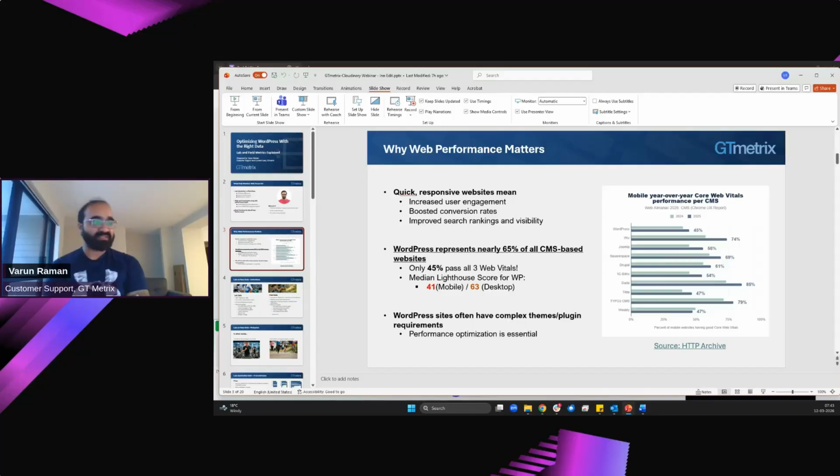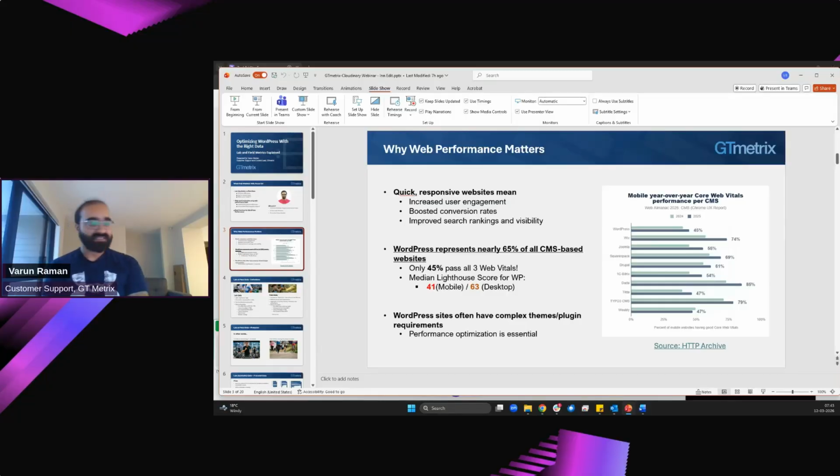Wix is like 74%. Everybody knows web vitals are critical to a delightful user experience and ranking well on Google. Google themselves have pushed web vitals in the last few years, trying to get everyone to rank better with that. So, given that only 45% of WordPress sites pass all three web vitals, there is definitely room for improvement